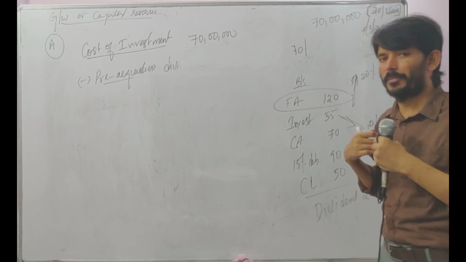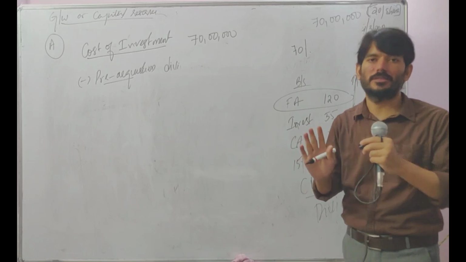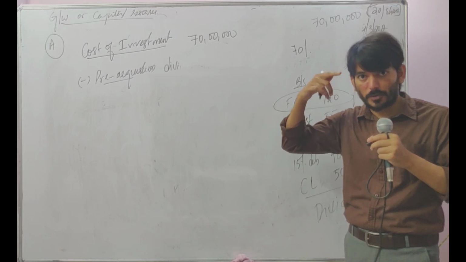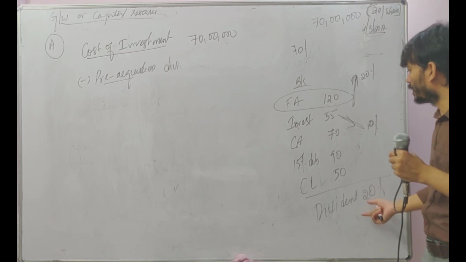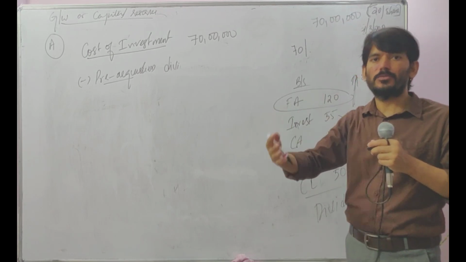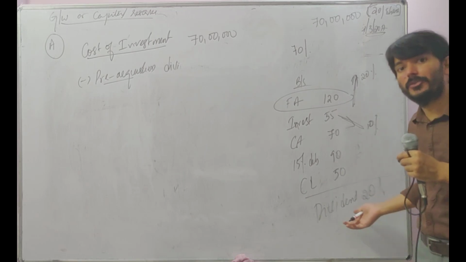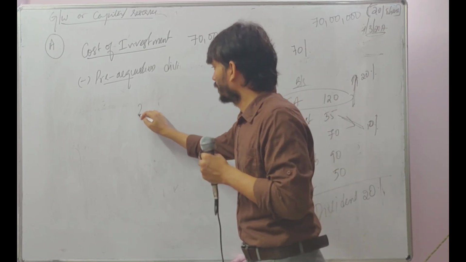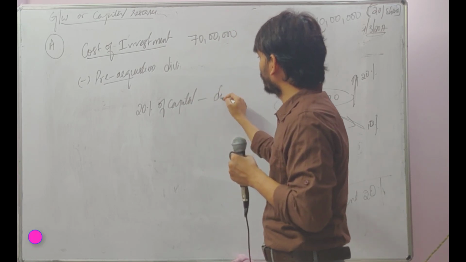See, if I'm the company, when I say I'm declaring 10% as a dividend, what does that mean? Out of my capital, 10% I'm giving as a dividend. If it's 20%, then out of my capital, 20% I'm giving as a dividend. So the thought process should come like this. He's declaring 20%. Don't blindly add everything and multiply it by 20. Give some thought. 20% of what? 20% of capital. They are declaring 20% of capital as a dividend.